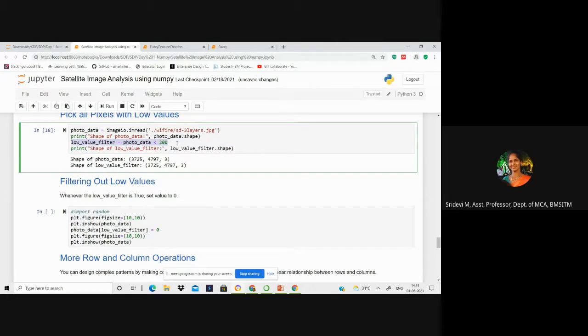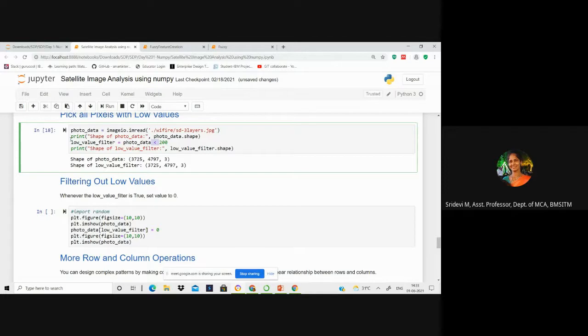If you want high value filters, then you can change this relational operator: photo data greater than 200. You should be very careful while applying the filters. Filters indicate that if any value matches this filter, then based on its application, it will be suppressed or projected.